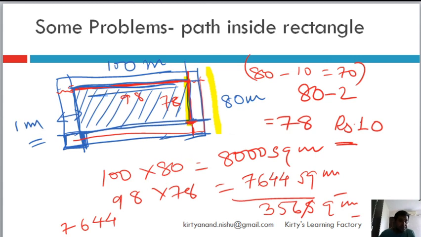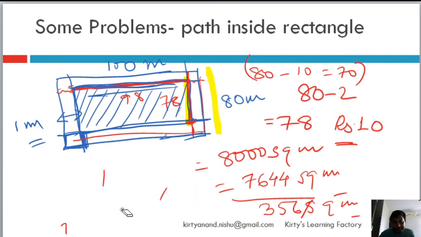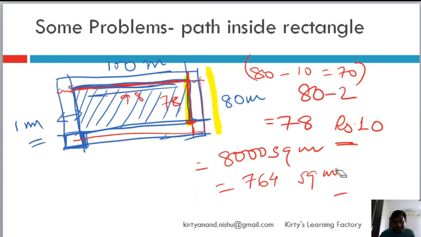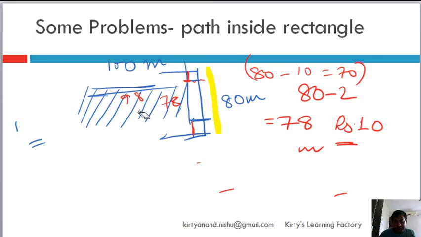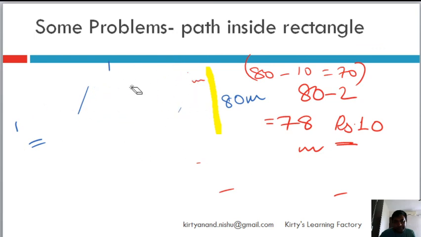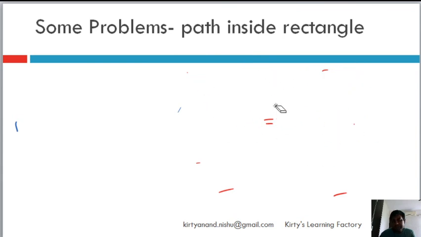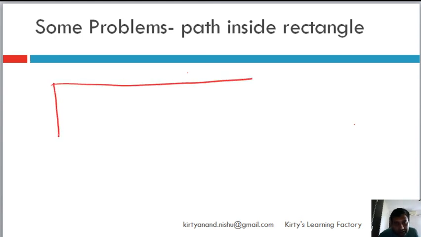So that's how you will have to build concepts. That's one way of finding out the area of the footpath. There is another way. This is the conventional method, which you can use. Let me draw the same picture again, and let me tell you that there is another easier, simpler method of finding it out. In geometry and mensuration, if you are able to visualize properly, half your problems are solved just by good visualization. If you are able to draw the problem properly, you will be able to solve it so easily that you have no idea.